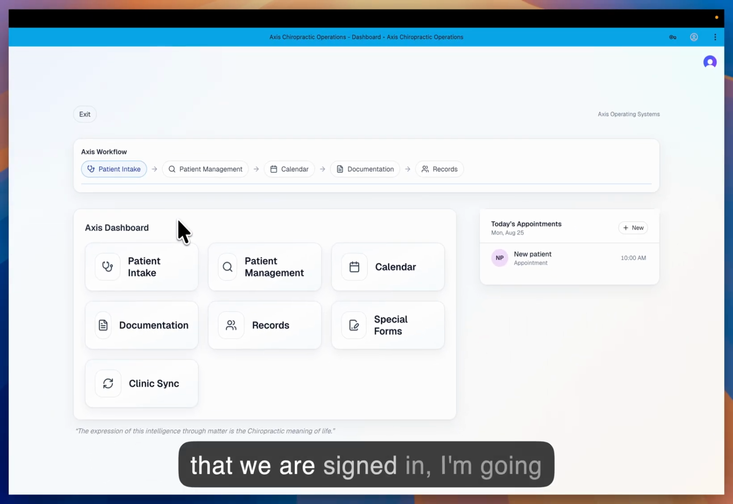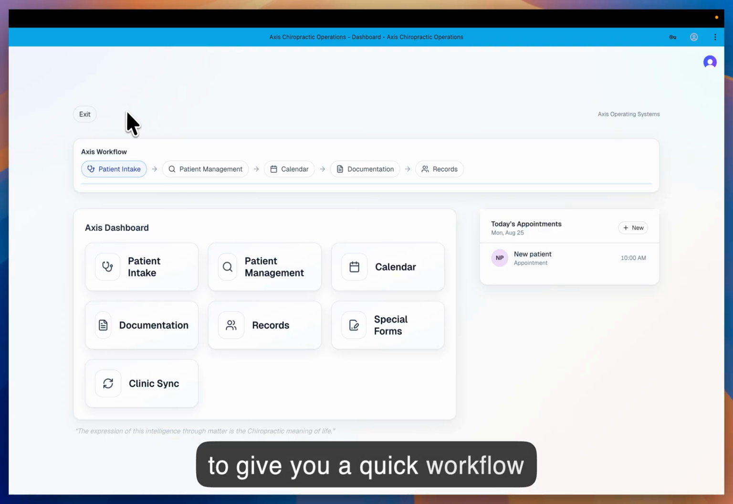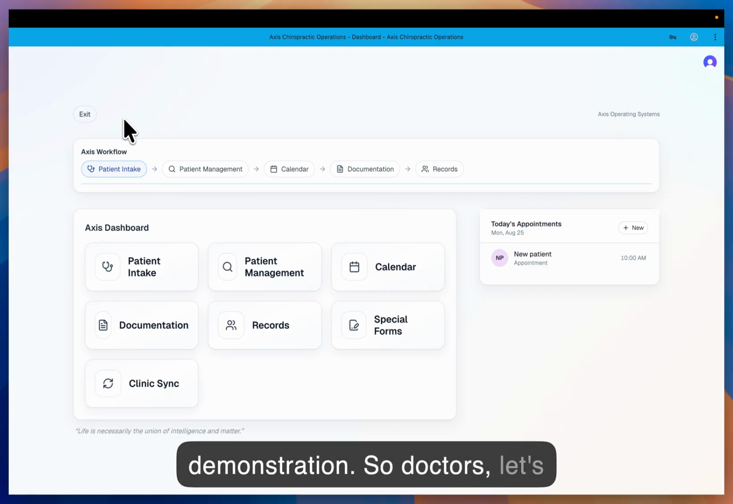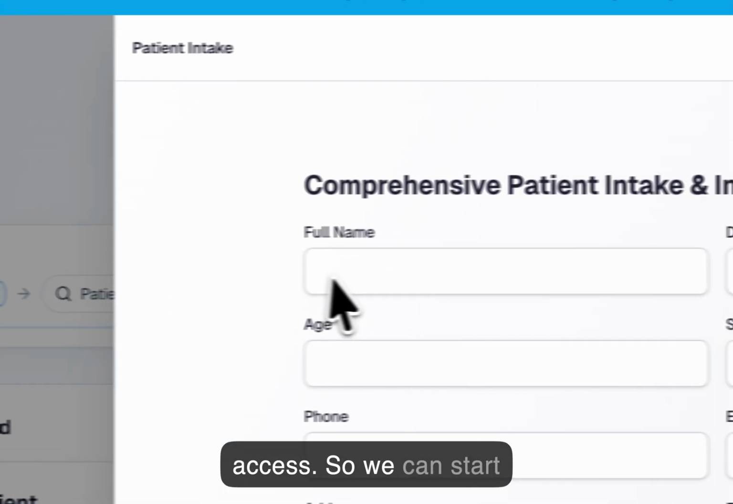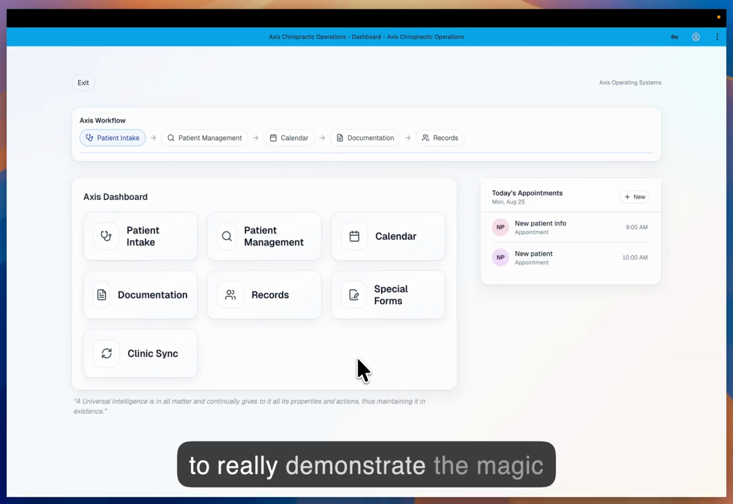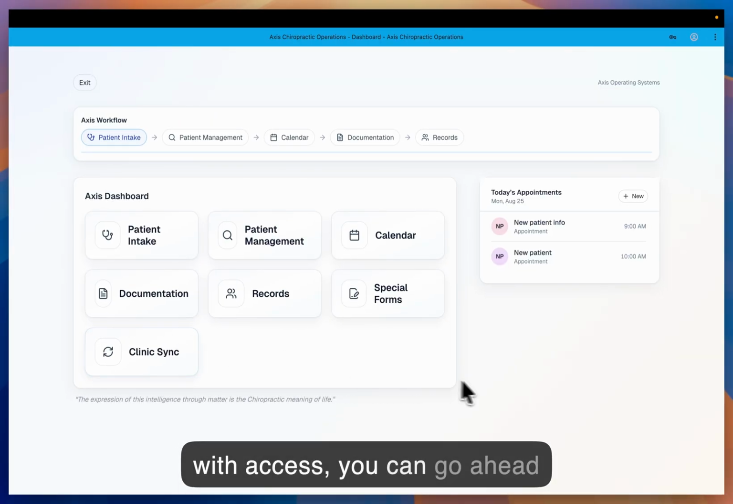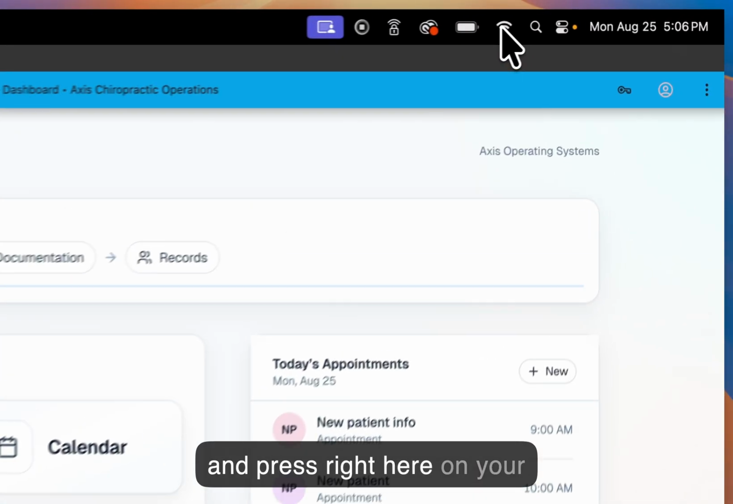Okay, now that we are signed in, I'm going to give you a quick workflow demonstration. So doctors, let's begin. We'll start right here at the top bar, and this is a quick access. So we can start here at patient intake. Now to really demonstrate the magic with Axis, you can go ahead and press right here on your Wi-Fi and